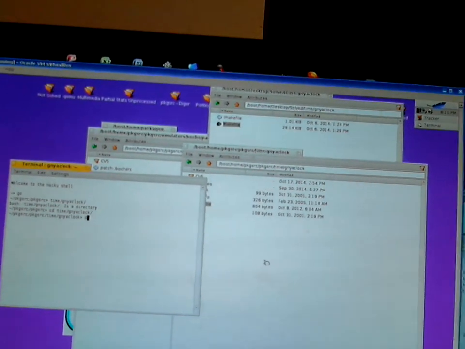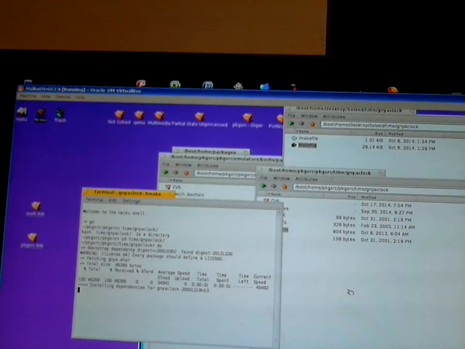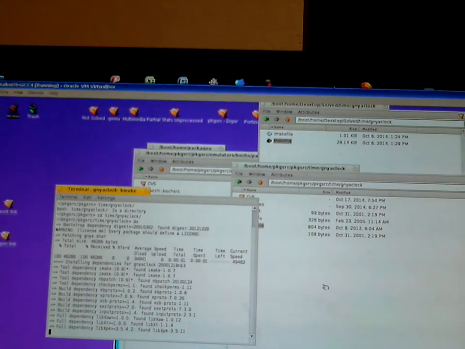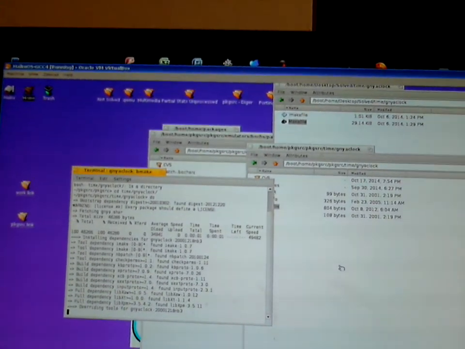Okay, so let's do the do thing, which is the equivalent of bmake install. Path and everything, so it downloads the source code, extracts it, checks for all the dependencies that it believes it needs, and if it finds all the dependencies, which now I have, and I'm also going to go over, I don't want to forget this,